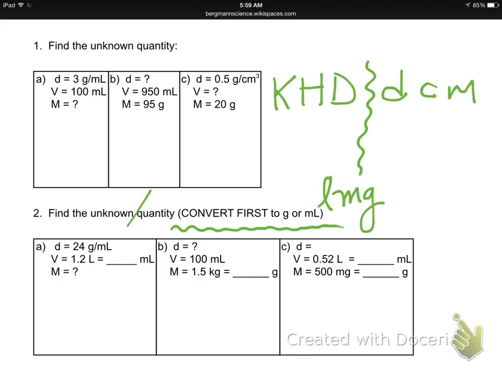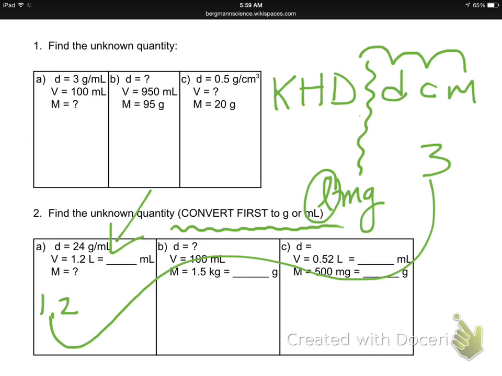But just to do this one real quick, if we're going to convert 1.2 liters into milliliters, I start in the liter position, which is on my units. That's here. And I have to move to the milliliters. So I have to go from the center, 1, 2, 3 to my milli. How many moves was that? That was 3 moves. And who moves? The decimal. 1, 2, 3. So it would be 1,200